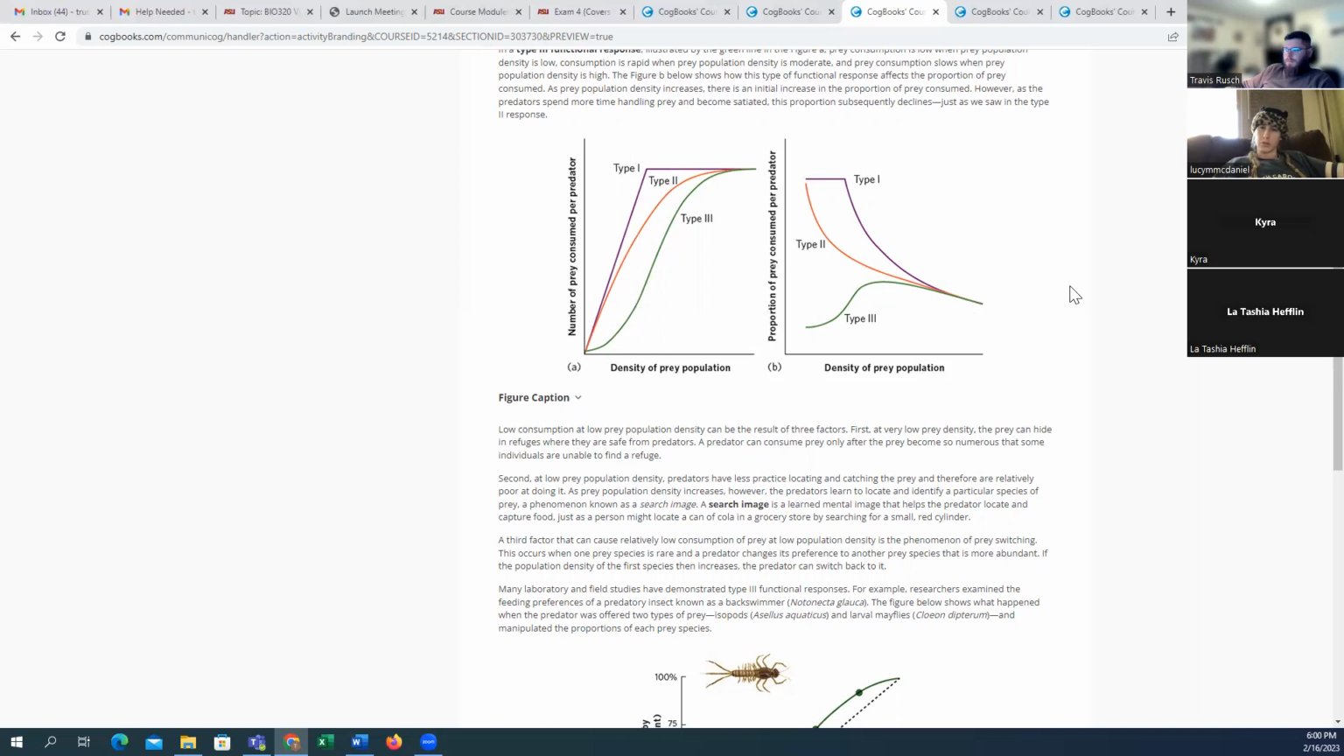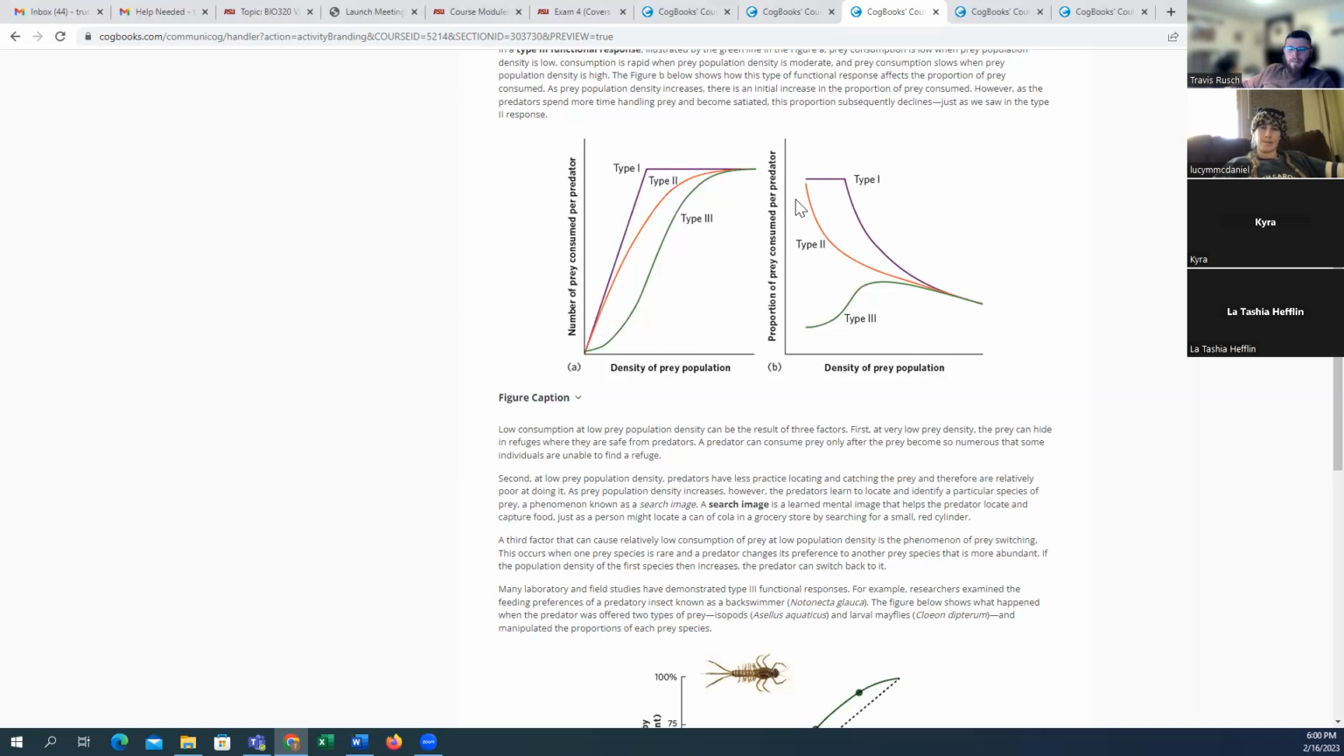So what's the difference between proportion of prey consumed and number of prey consumed? Proportion is like an 8 out of 10. So this could say it eats the number of prey, like it eats 10 prey when the density is at 20. This could say that it eats 15 when it's 25. So these are going to be whole numbers, and this is going to be a proportion of,